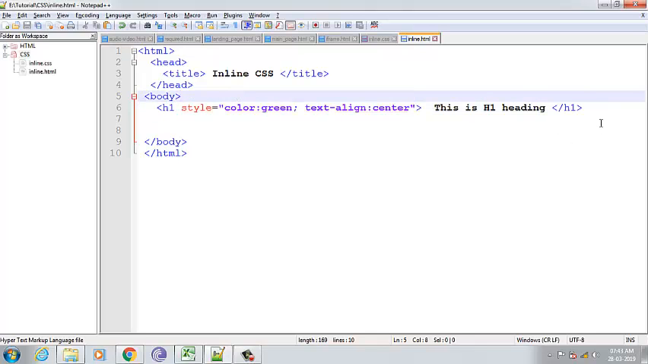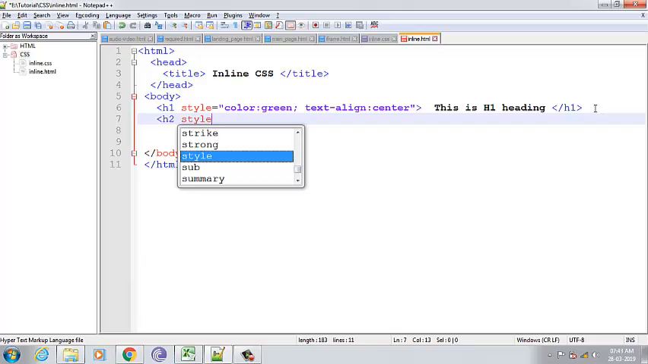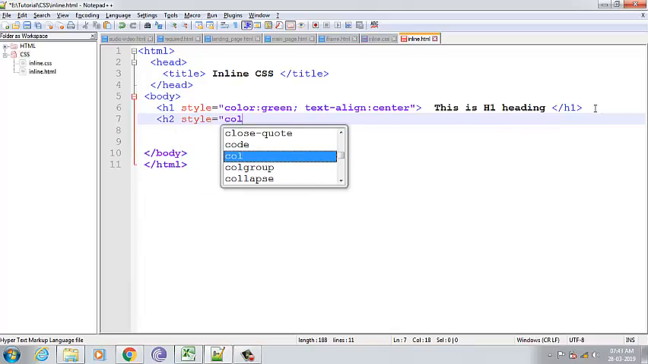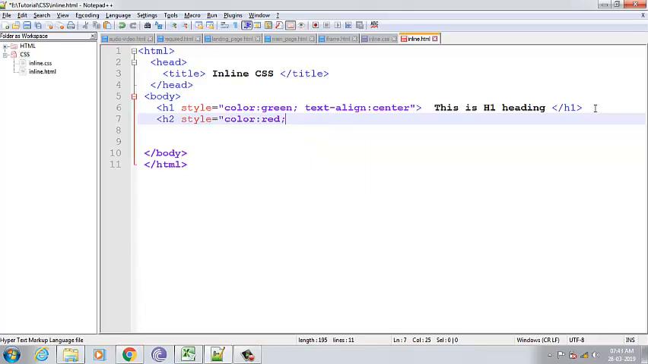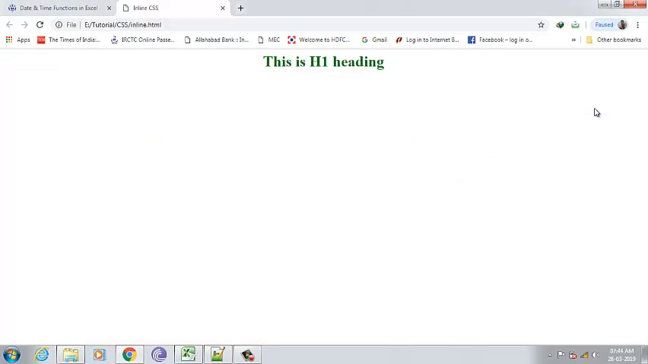So same thing, I can include the others. Suppose h2 style color red. Okay, close it. Close the heading h2 opening tag. Then this is h2 heading. This is h2 heading, and then I close the h2. Fine, save it, go to the browser, and then